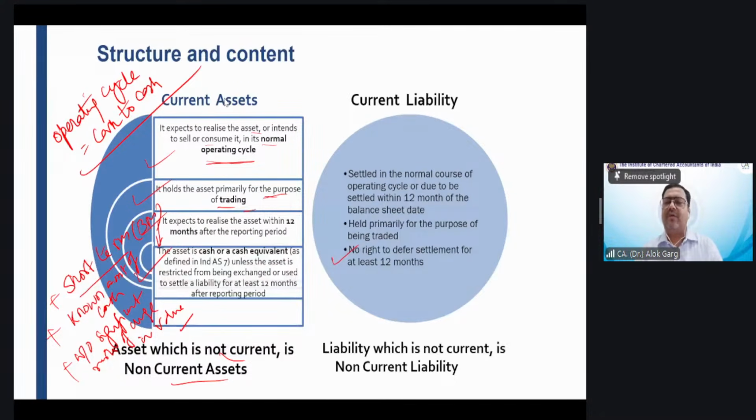Okay. Now the point is, it is highly liquid, yes. It is short term, within 3 months, yes. But the question is, if you have invested 1,000 rupees in the shares of a listed company, do you know how much money you will receive after 5 days? Do you know how much money you will receive?